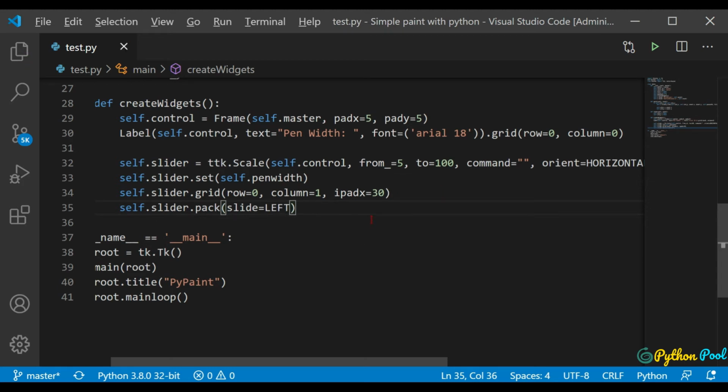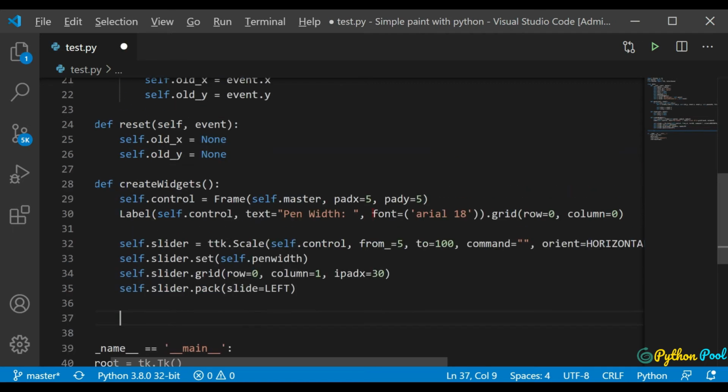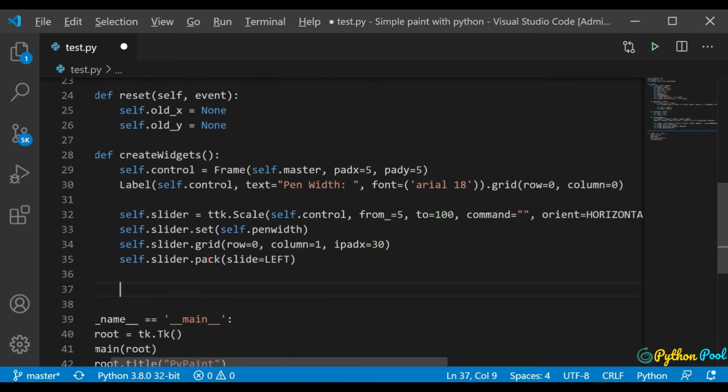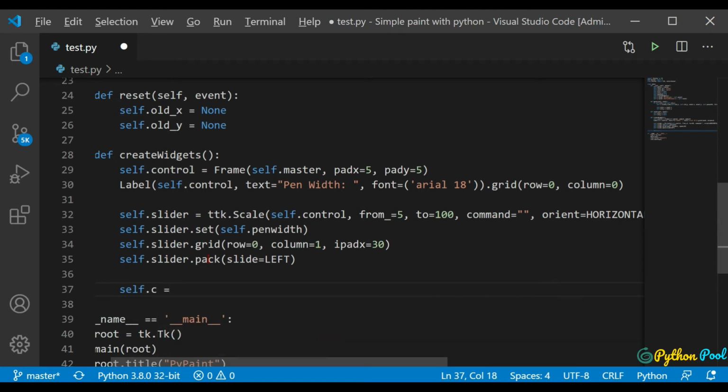Now we'll be designing our canvas. Remember that C we were using here, C create, C bind. We'll be defining that C here. So self.C should be the canvas, to where? Canvas to the master, of course. So self.master